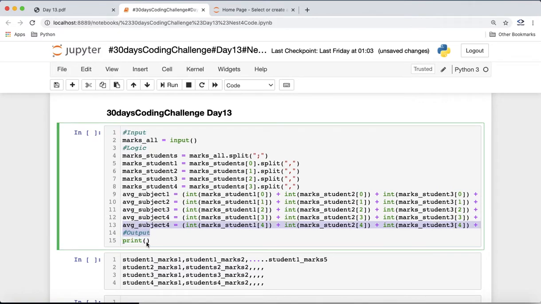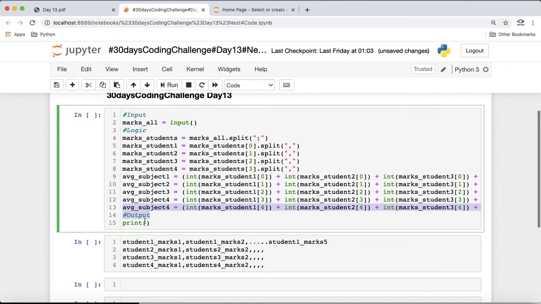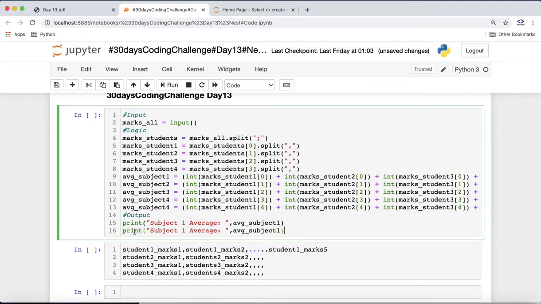In print, we'll print subject 1 average, right? And what will we print here? Average of subject 1. Similarly, we'll print it for subject 2, and this will also be subject 2 average.